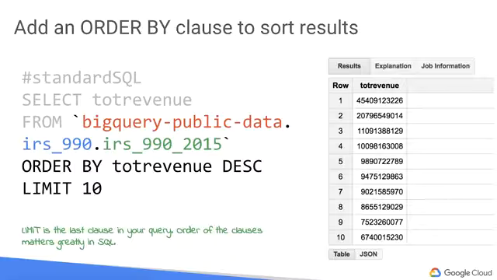Okay, so a key point here is whenever you're ordering something, especially if you have more than 50 rows, make sure you limit it because there's no reason to return back all of that data in those paginated results. You're just wasting your bytes processed, or your amount of data that you're consuming.